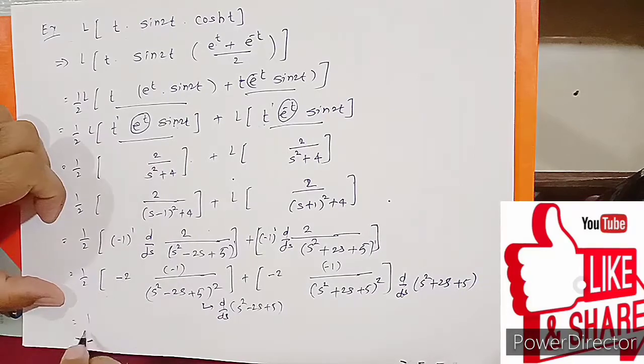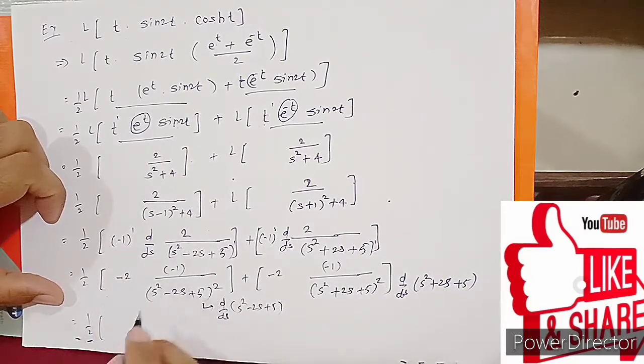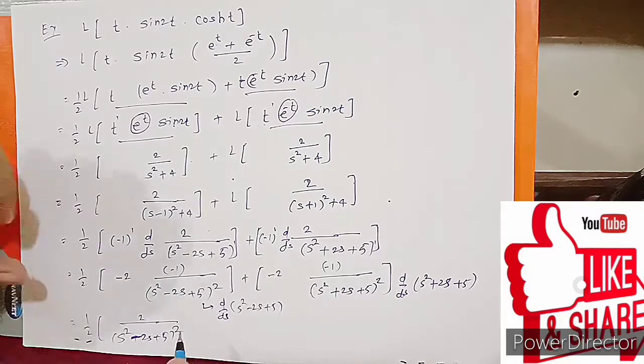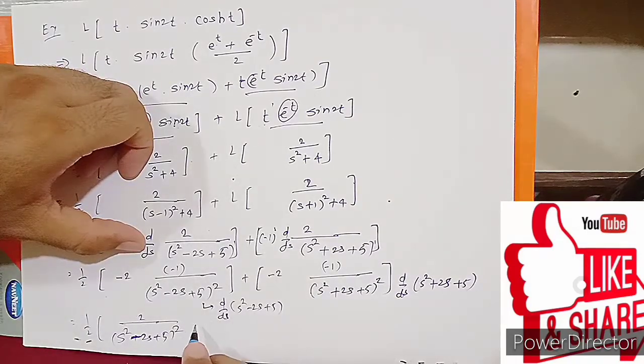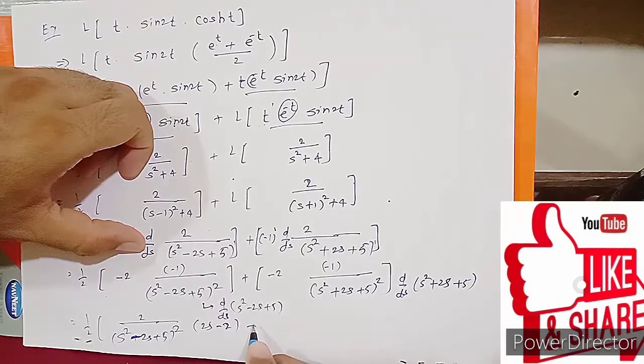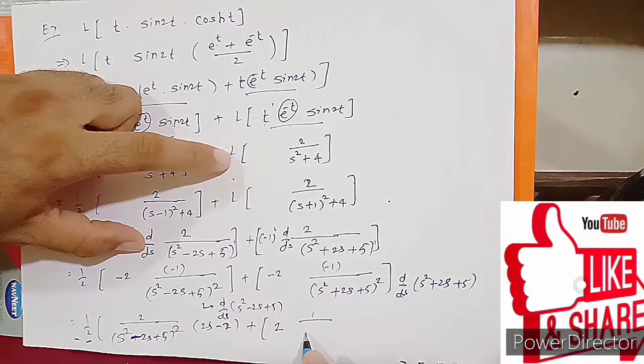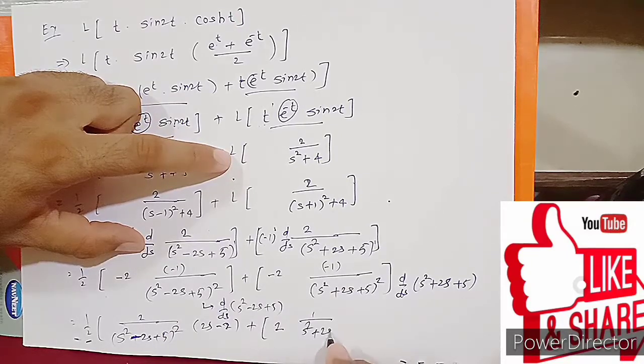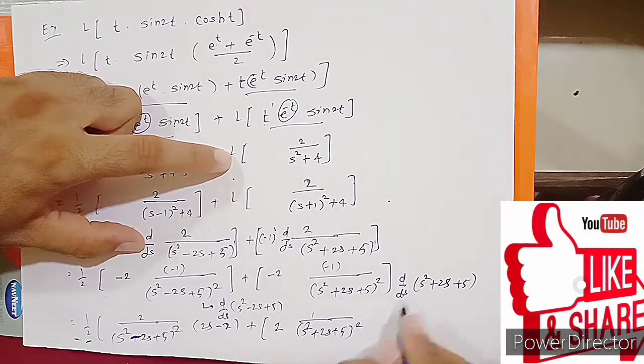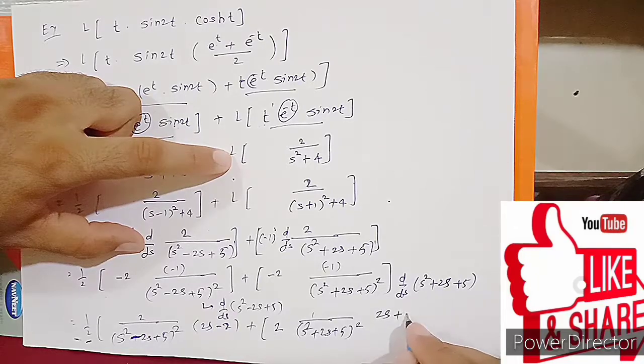Okay, so last step we move on to the final step, that is -2 -1 is the 2 upon s square minus 2s plus 5 bracket square. What is the derivative of this? s square का डेरिवेटिव क्या होगा? 2s, माइनस 2s का -2 और 5 का 0. Plus, what is the next step? -2 -1 2 1 upon s square plus 2s plus 5 bracket square. Derivative of this, tell me, derivative of s square is 2s plus derivative of 2s is 2 and 5 का derivative 0 होगा. So this is our final answer.